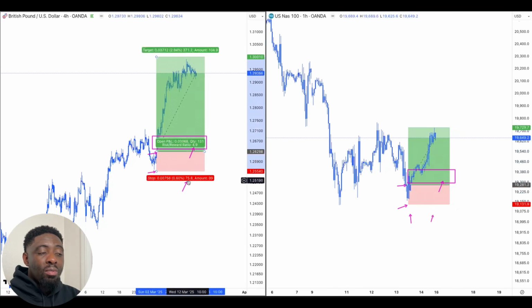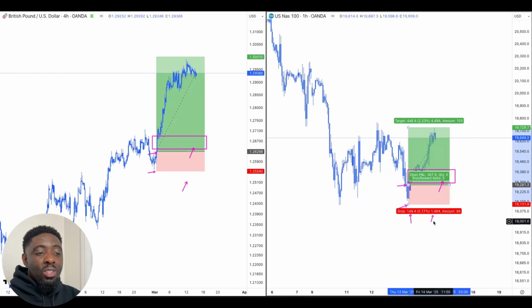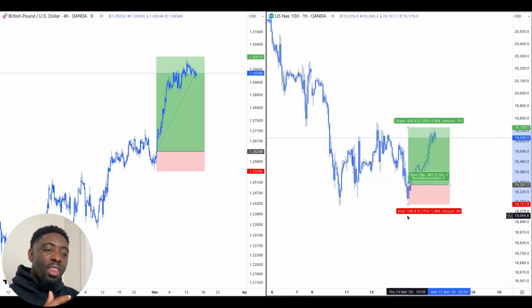I know it's 75 pips. But on NAS 100, on the other hand, is it 1494 or is it 149? This was the thing that made it really difficult for me. And when calculating the lot size, if you miss these pips, if you give the wrong pips to the website,